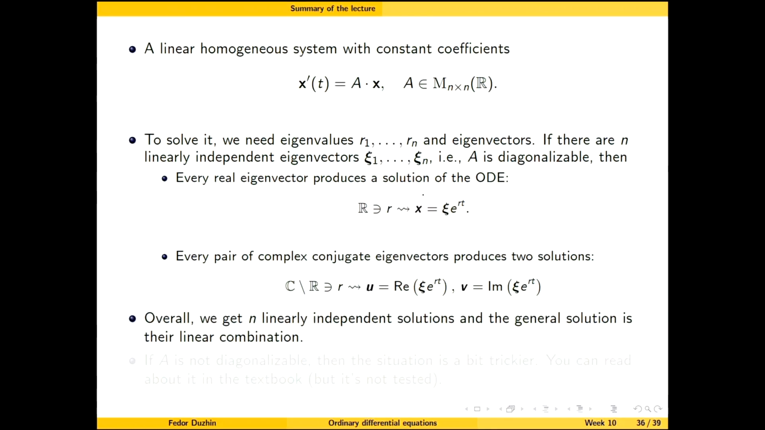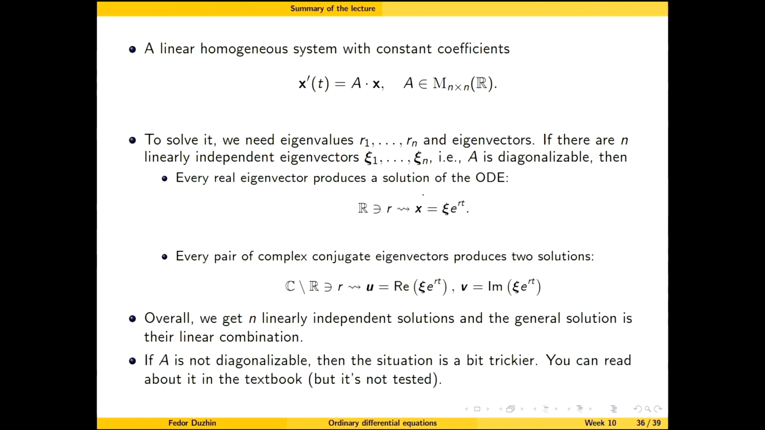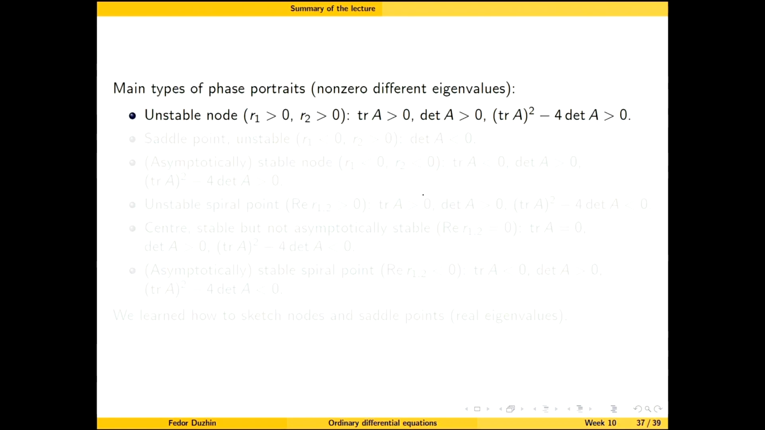So then we are going to get n linearly independent solutions, and hence the general solution is going to be the linear combination. This is if the matrix is diagonalizable. If it is not, then we're in trouble, so you have to read the textbook if you want to find out about it. But anyway, we have covered a lot of different types of phase portraits, and they are